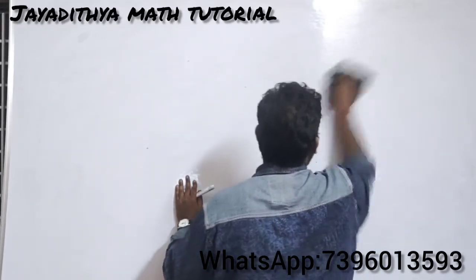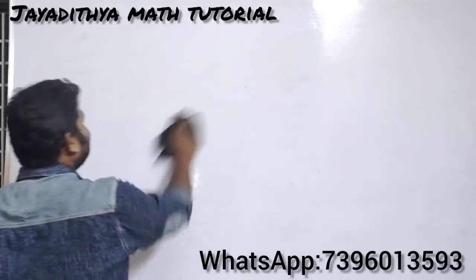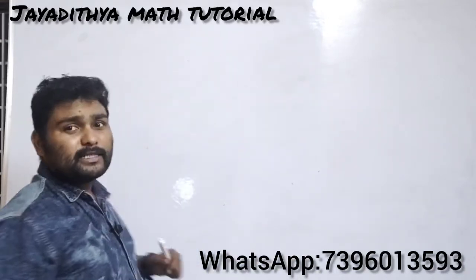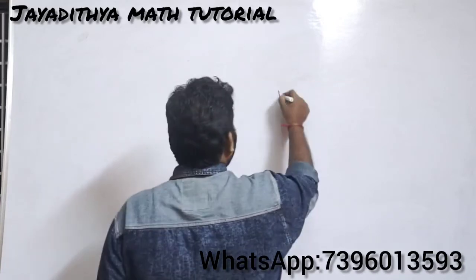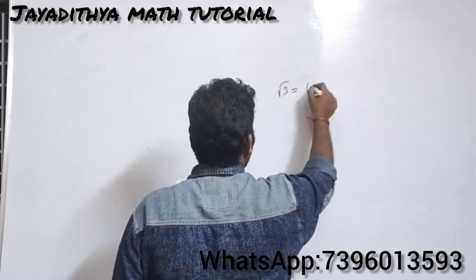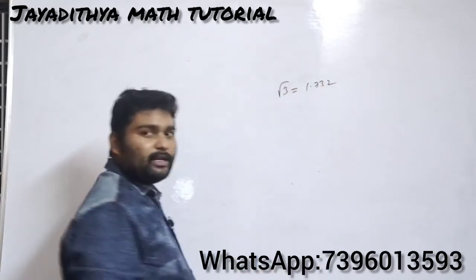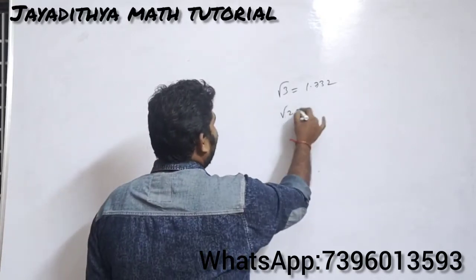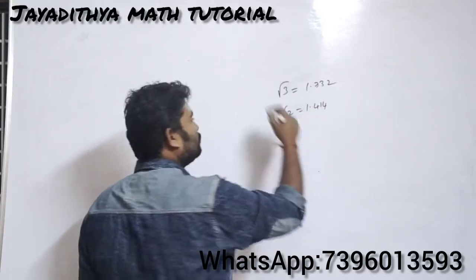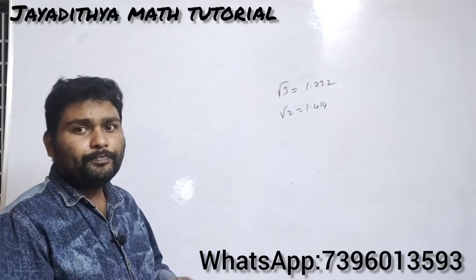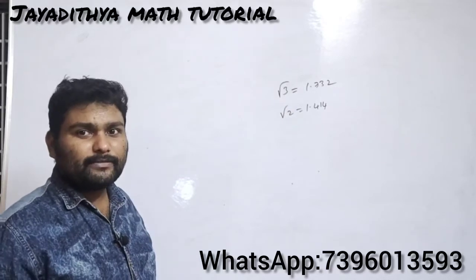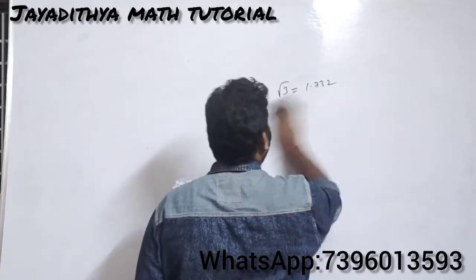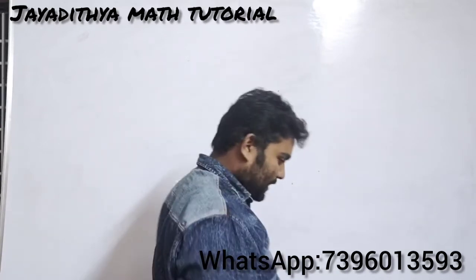Why? Because here you are dealing with many irrational numbers. You should also know the values of irrational numbers such as root 3. Basically you should know that the value of root 3 is 1.732. Sometimes it will be given in the question itself. And what is the value of root 2? That is 1.414. At least you should remember these two values in order to calculate. And the pi value is 22/7 or 3.14. According to your requirement, you can use either value of pi. Clear?